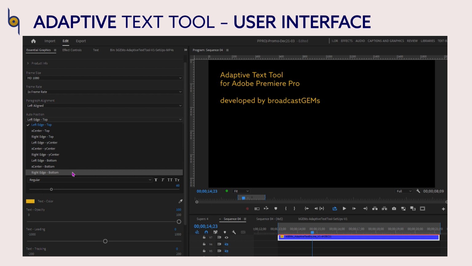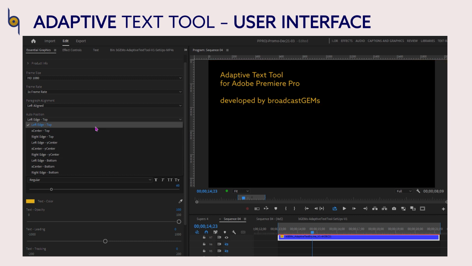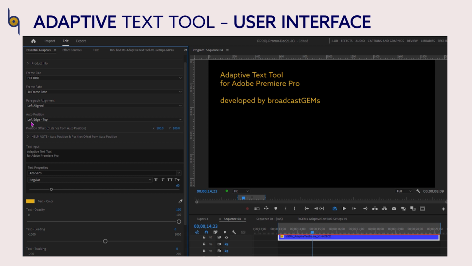Alright, so it splits up your frame into a 3x3 grid. So you've got 3 positions at the top, 3 in the middle, and then 3 at the bottom. Alright, so the first 3 will be the top 3, then followed by Y center would be Y center of your frame, and then the last row, which is right at the bottom. So we got the left edge, X center bottom, and then right edge bottom there. So these are your pin tools or your pins for you to lock in your text box. Once you've locked them, you can